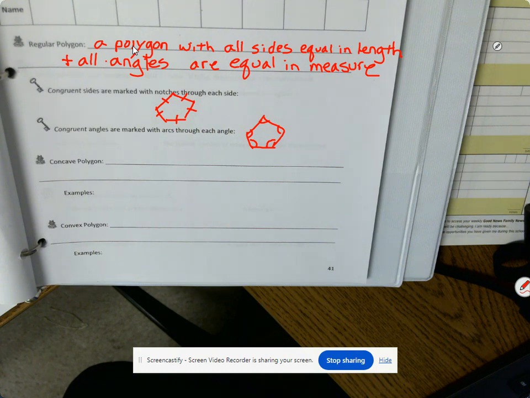Concave polygons. Concave polygons cave in. So that means that they have interior angles